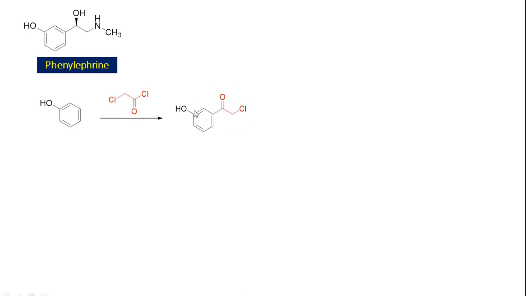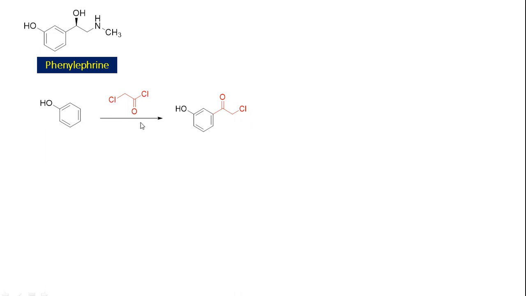Here you can get a doubt, because if you have AlCl3 over here, both this chlorine as well as this chlorine can form products, so that either COCH2Cl or CH2COCl both can form. But acyl halide is highly reactive. The acyl halide part is highly reactive, so you will get this kind of product.